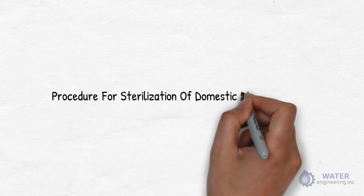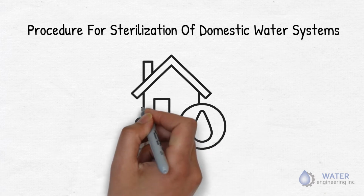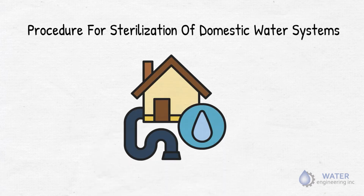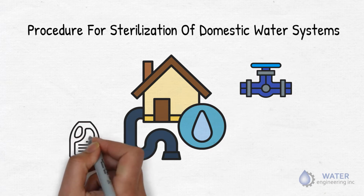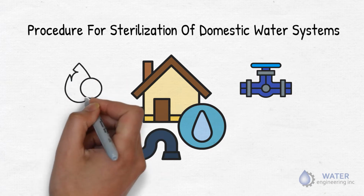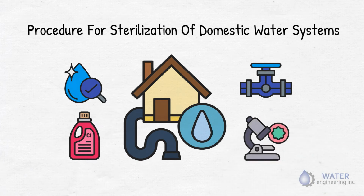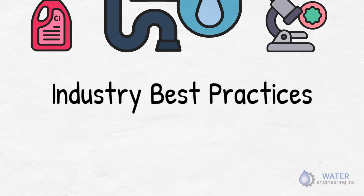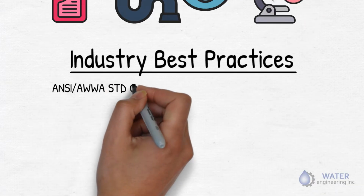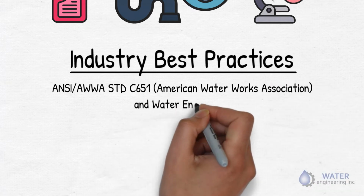Domestic water system sterilization is a procedure to effectively disinfect water mains following large volume system upset. This includes the preparation of water mains, application of chlorine, and sterilization, followed by testing the presence of coliform bacteria. This procedure incorporates industry best practices and guidelines set forth by the ANSI AWWA Standard C651, American Water Works Association,